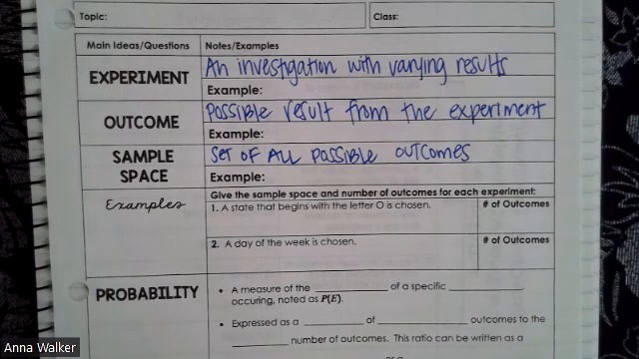Today we're going to start talking about the math of chance, or the math of probability. So this is all about measuring the odds, or the chances, of something happening. There are some key vocabulary words that we're going to go over first. Then we're going to look at the definition of what probability actually means, and then we're going to go over